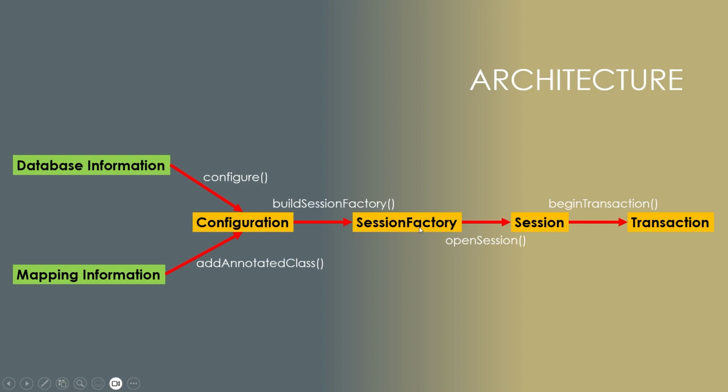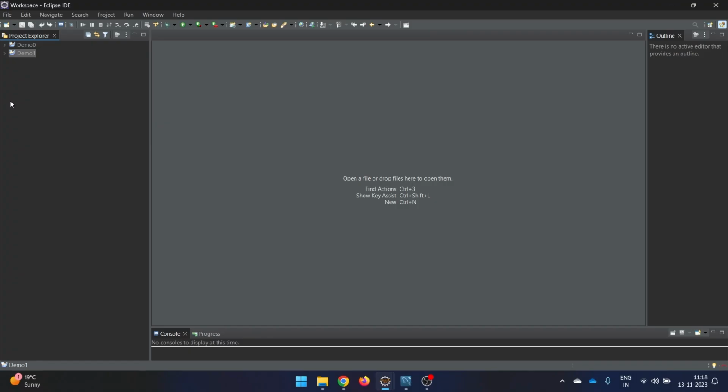If you make multiple, then you are going to have some kind of issue in one place or another. Now let's start with the practical part of Hibernate. So here I'm in my IDE and you can see I have demo 1. Demo 0 I have already explained, and it was only with the help of JDBC in my previous video. So this is demo 1, and as you can see here I have a pom.xml, then src test java is empty,